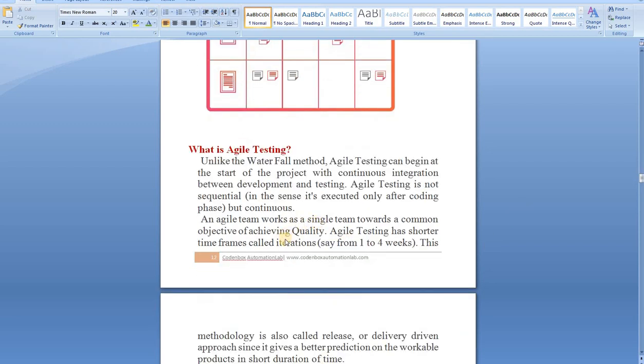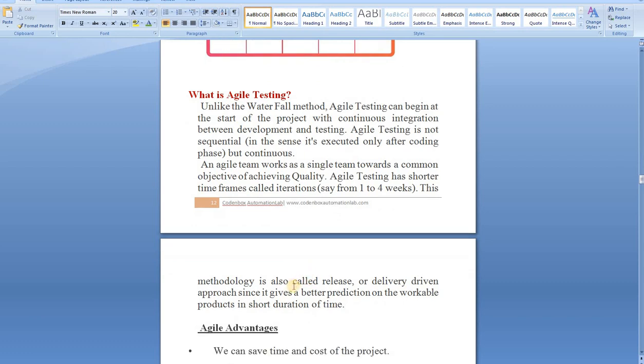So finally, what is Agile testing? Very simple definition. Unlike the Waterfall method, Agile testing can begin at the start of the project with continuous integration between development and testing. Agile testing is not sequential like Waterfall. It's continuous, you can say parallel. Parallel means the development and your testing will happen at the same time, parallelly. So it will save business hours, save time. An Agile team works as a single team towards a common objective